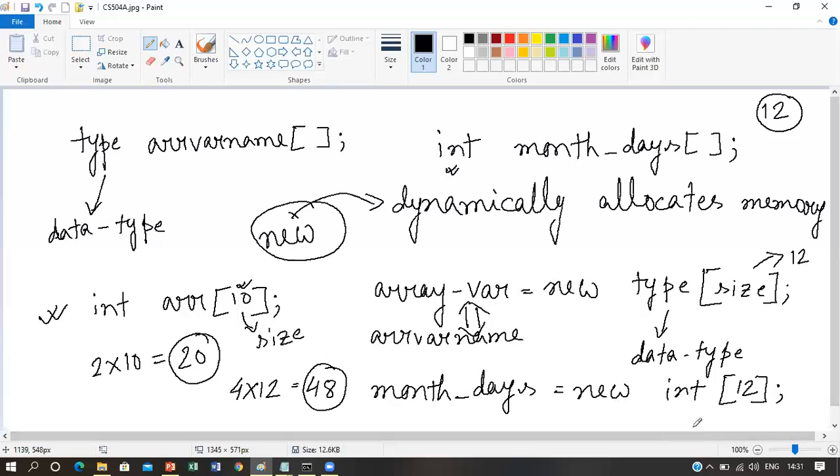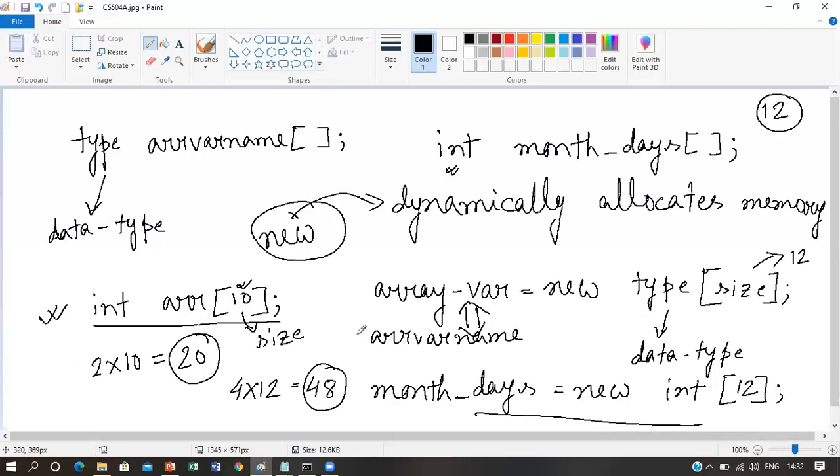So you may think that this declaration and this declaration are more or less the same. Here also 20 bytes of memory was being allocated, and here also 48 bytes of memory is being allocated. So what is the difference? This is static memory allocation, and this we are calling dynamic memory allocation.